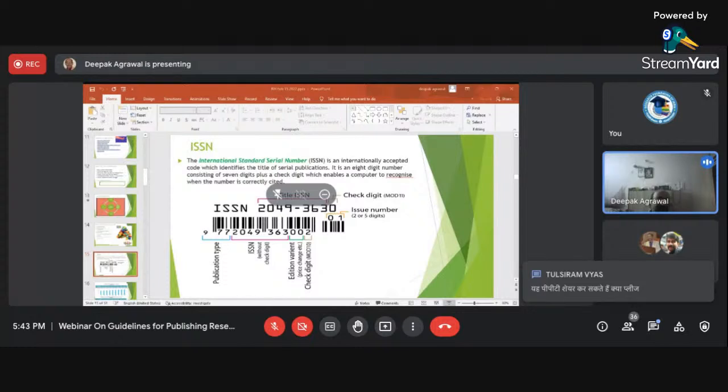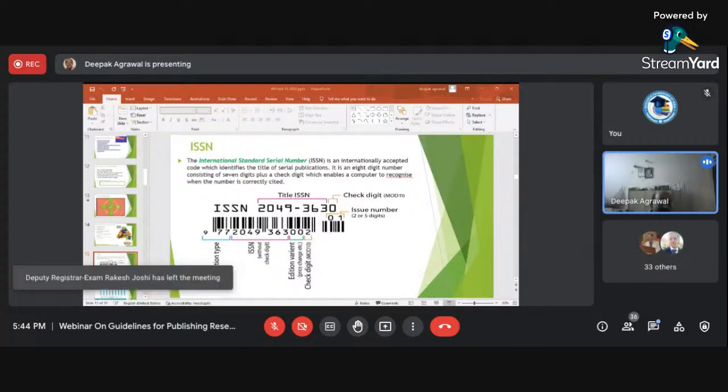The ISSN is the International Standard Serial Number. It is an internationally accepted code, unique of its kind, which provides a special identity to that particular journal. So no other journal can copy this number. This code is issued by the authority which has its headquarters in Paris, France. It is a voluntary association which maintains the database of ISSN numbers throughout the world. For more detail, you can visit www.issn.org.